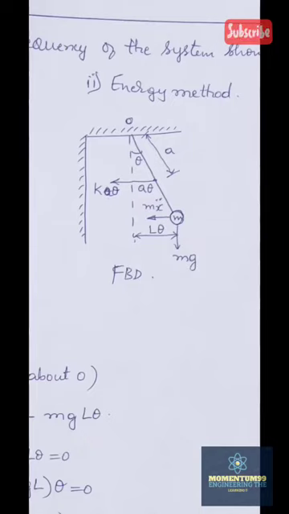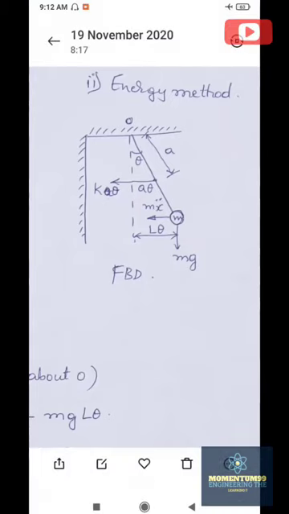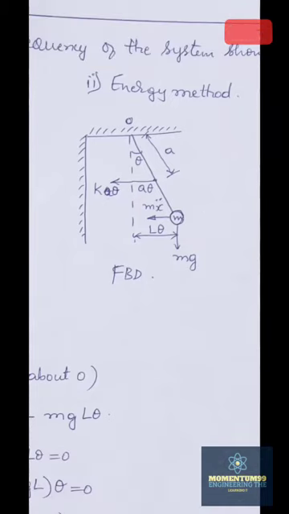The distance from this point to the dotted line, this A theta, how will I get it? I will be multiplying this distance, the location of the spring, by the angular displacement, hence I will be getting the distance as A into theta. Similarly in this case, what is the length of this string from O to M? There is nothing but the mass. The length we know is L and the displacement is theta, hence I will be getting the small horizontal displacement as L into theta.